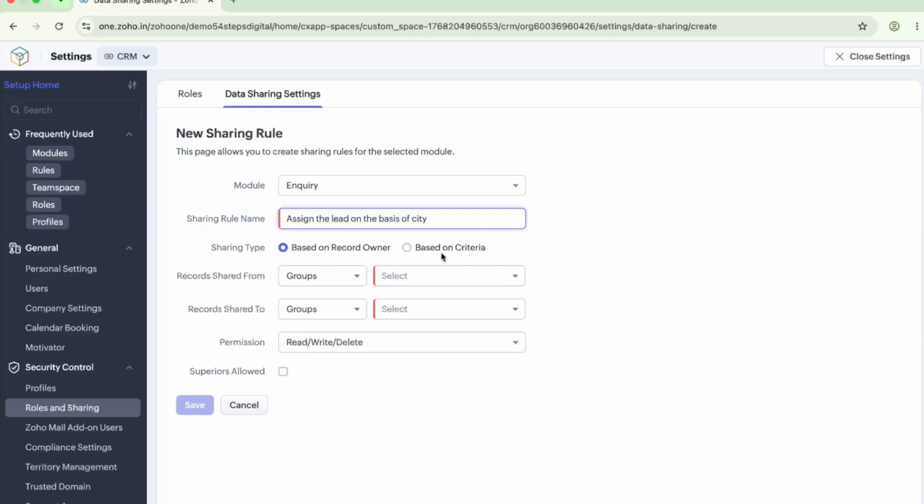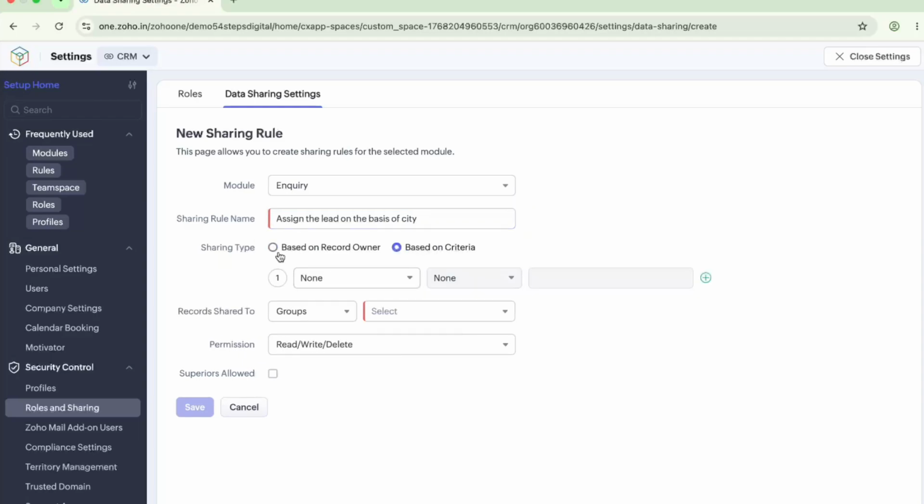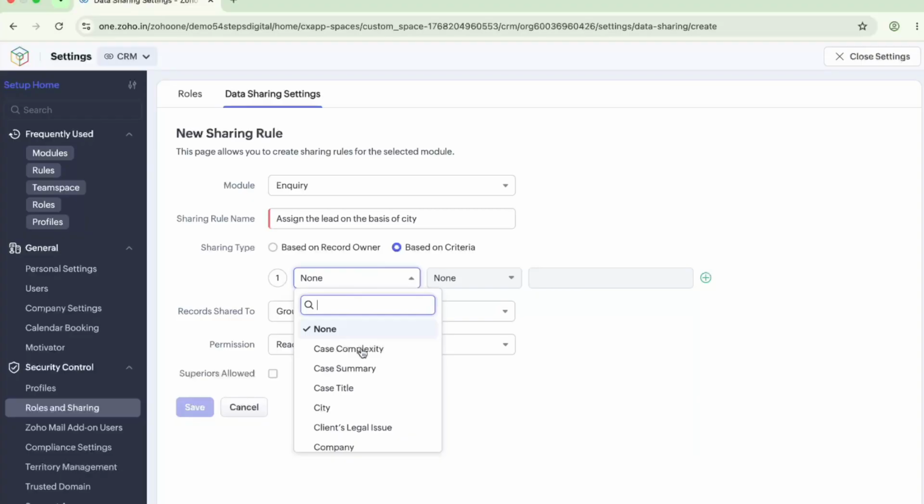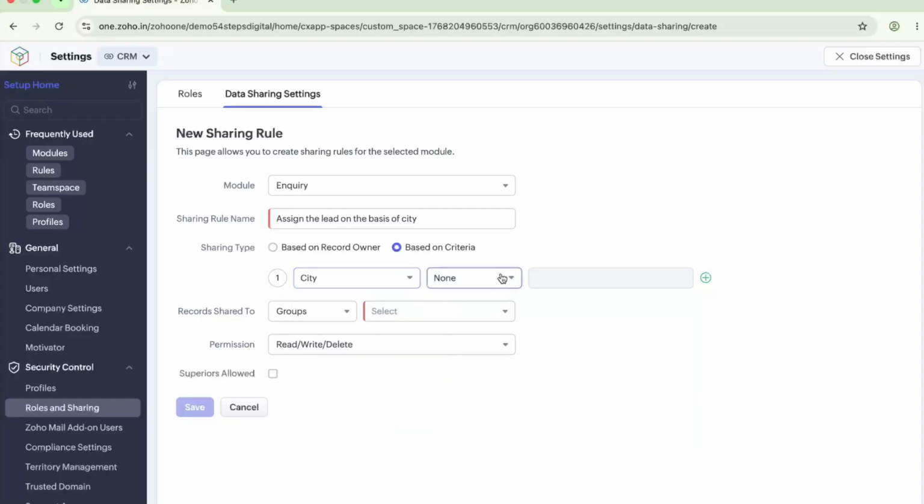So here you can see the sharing type is on the basis of criteria. So I'll select city here. Now if the city is, suppose, Delhi, okay, now share the records to, you can select all users, or you can select the role. So share to the manager role.